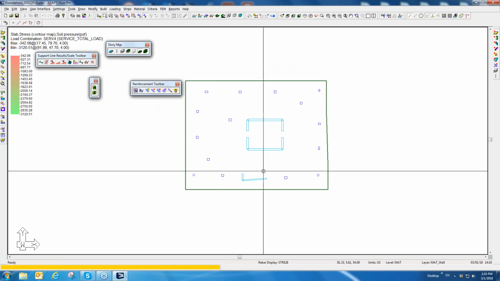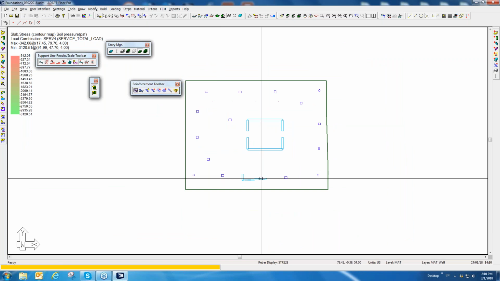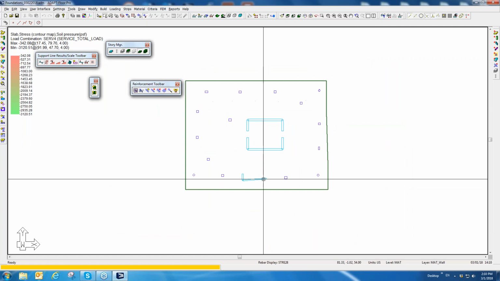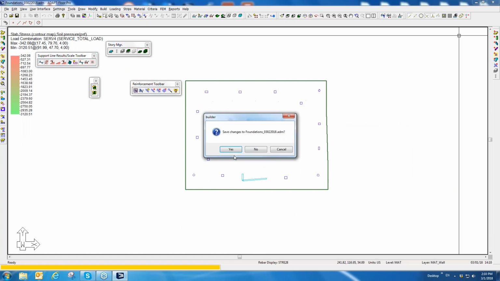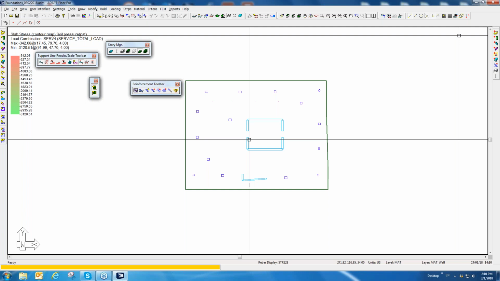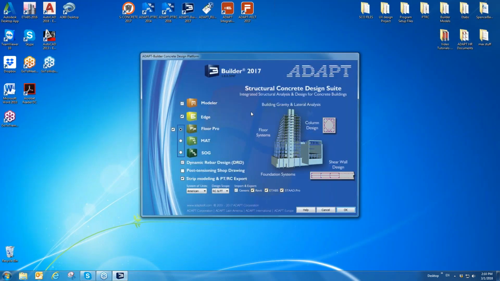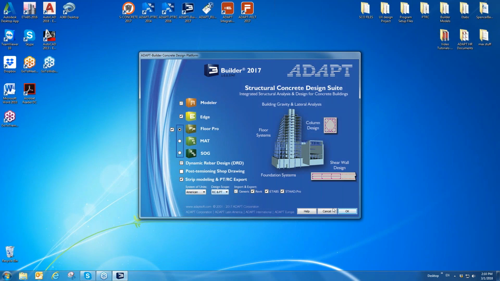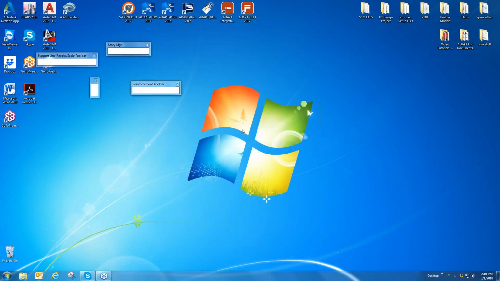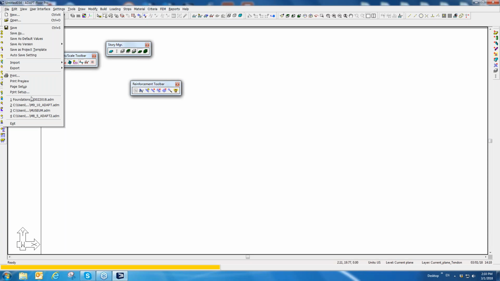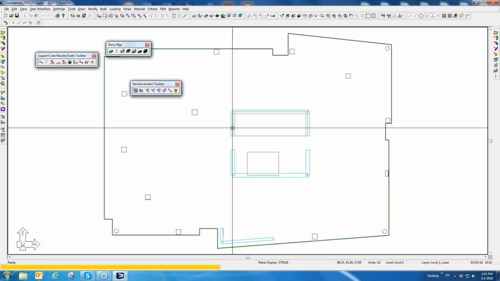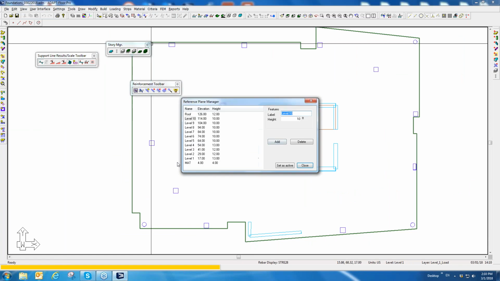if I open the program and, in ADAPT, let's say PT and RC scope. In fact, let me close this and show you what I'm referring to. If I go to open the program and make sure this is set to RC and PT, I have the ability now to model post-tensioning in any of the floors. It could be an elevated floor or it could be the mat. So I'll go back down to my mat level,